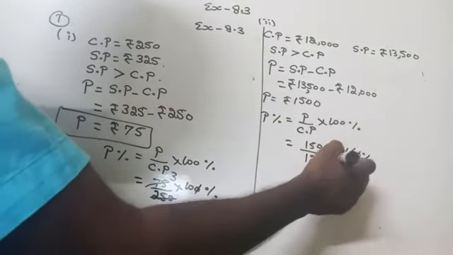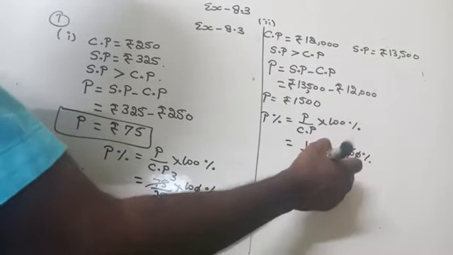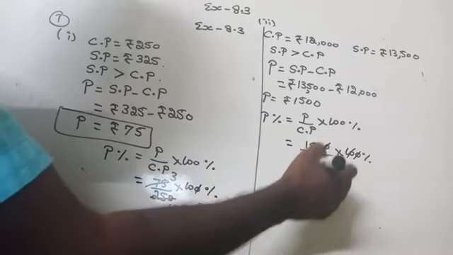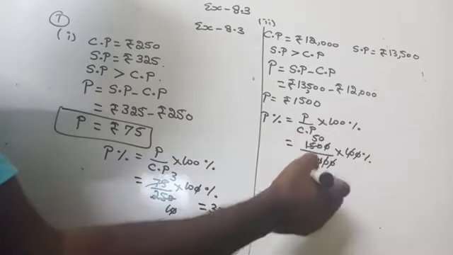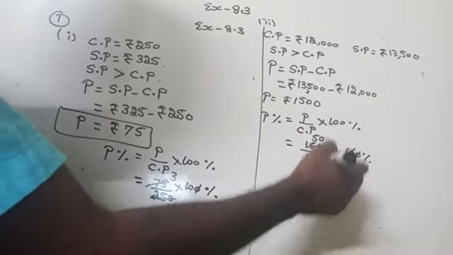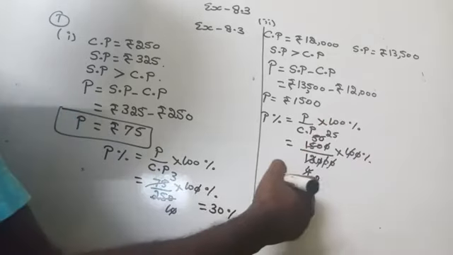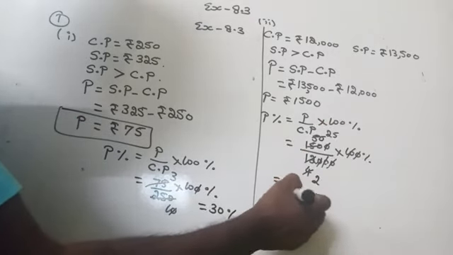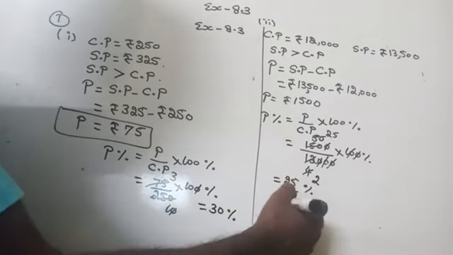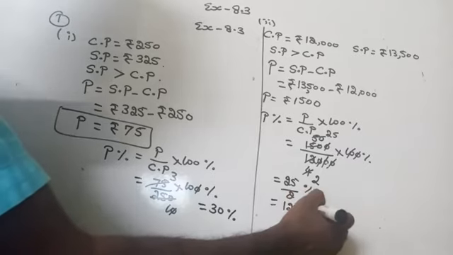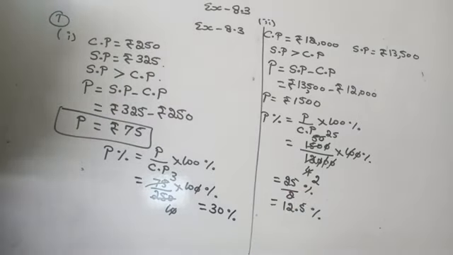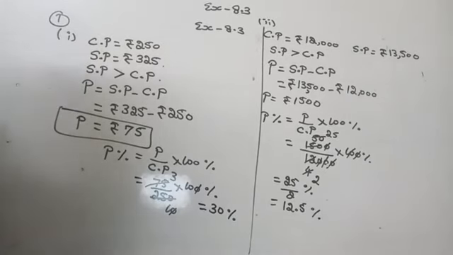Now strike out the equal number of zeros. One zero, one zero, you can cancel. 4 3s are 12, 5 3s are 15, 50, 1 2 2s are 4, 25, 25 by 2 percentage, which is equal to 12.5 percentage. So he made profit percentage is what? 12.5 percentage. Am I right here? Yes. Shall we move to the next one?